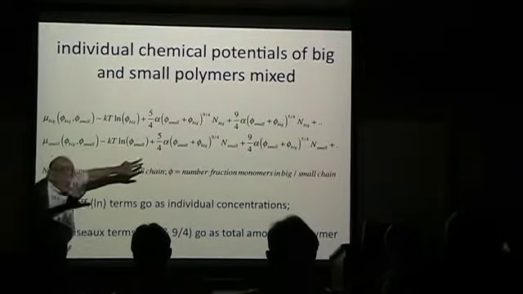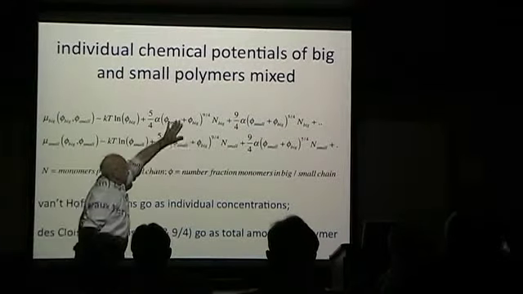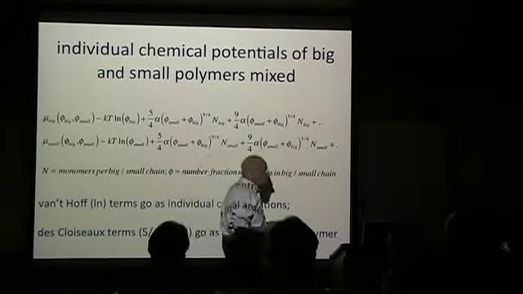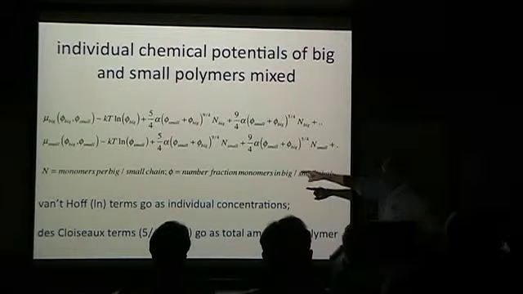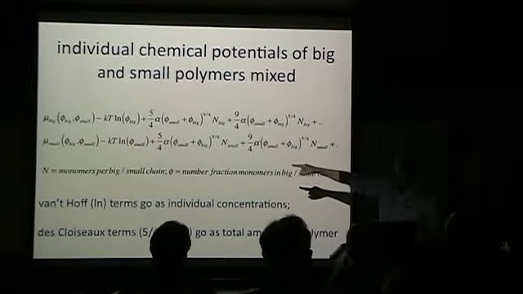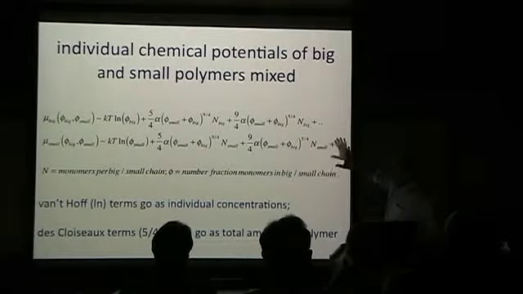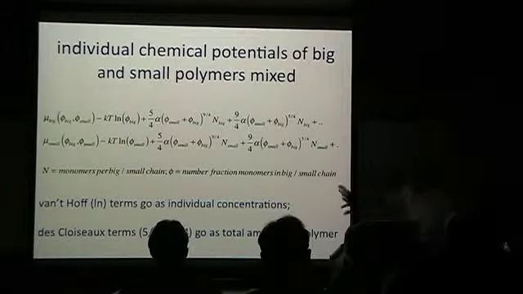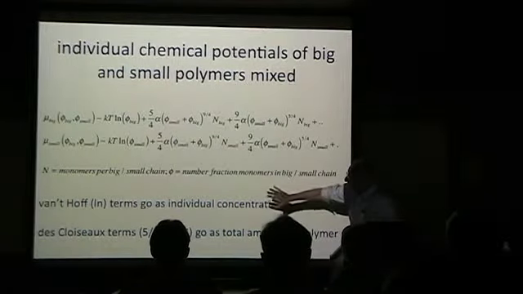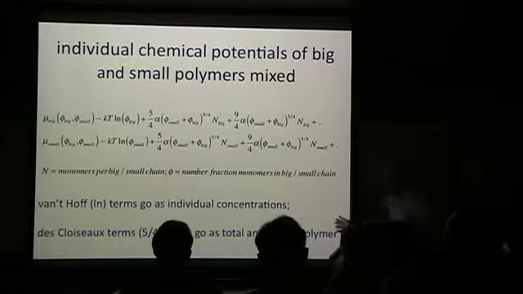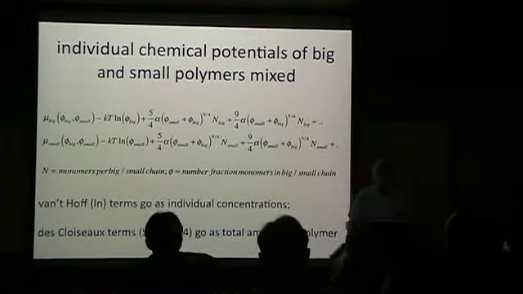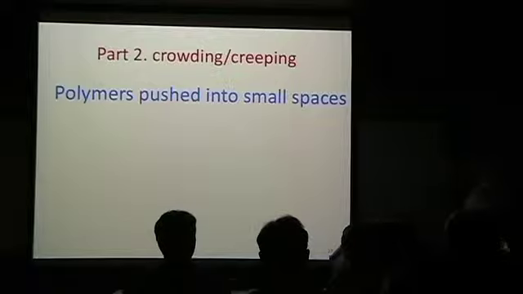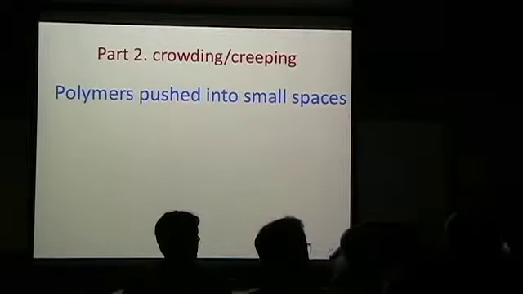But you see, by now familiar to you terms, there is still a term that comes from an amount of monomer at 9/4 power, and then there's a 5/4 term, and that comes from essentially extracting a chemical potential of a species from what was an osmotic pressure. So again, and this is going to come in really nicely now, Van 't Hoff terms are going as individual concentrations, and these are now the combined terms. So now I have a statement of what it takes to pull one or the other kind out.